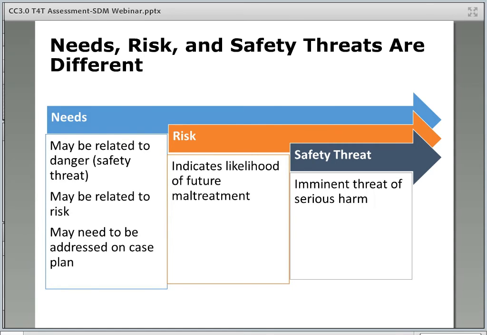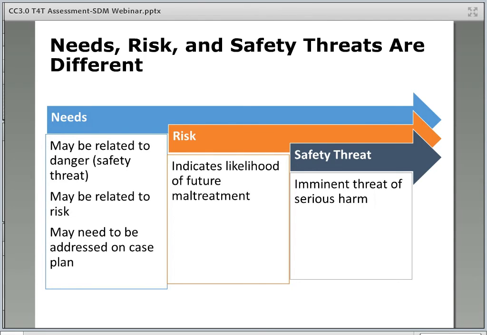The SDM system defines safety as protective actions taken by the caregiver that mitigate danger and are demonstrated over time. A social worker's understanding of a family's safety may change as he or she learns more about a family. In the SDM system, social workers assess safety when they first meet a family, and then they assess it again whenever their understanding of the family's safety changes. Whenever a social worker is considering whether a child should be removed from the home, a new safety assessment should be completed.